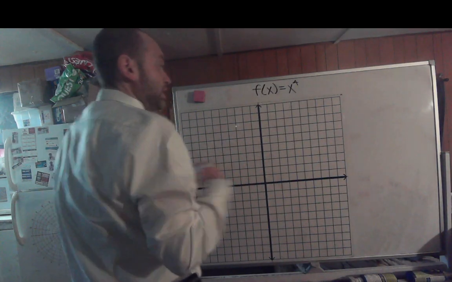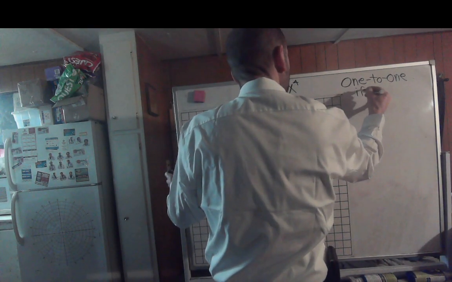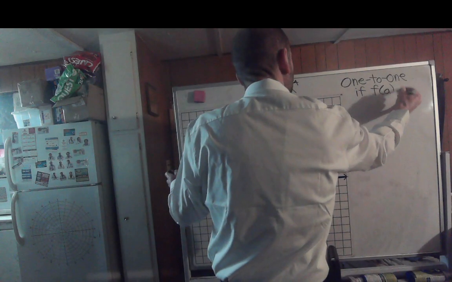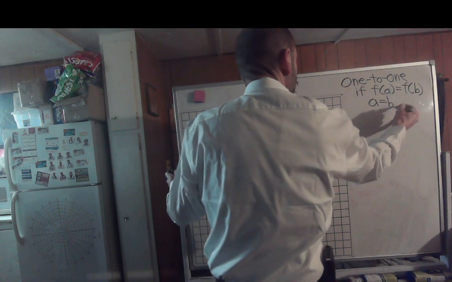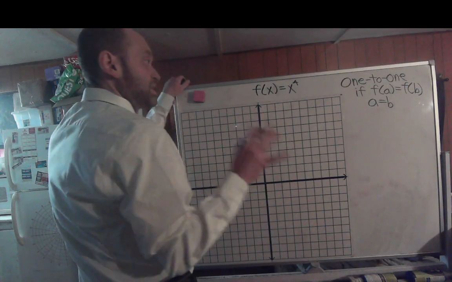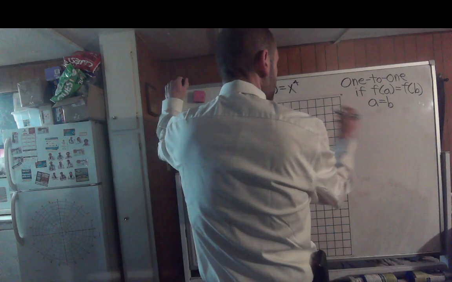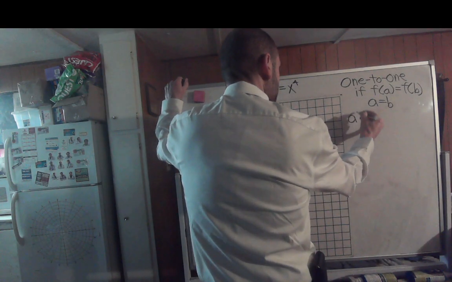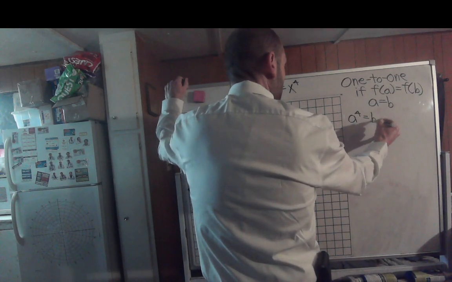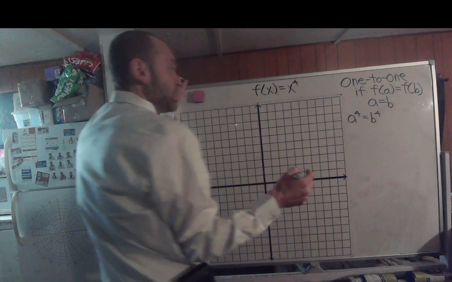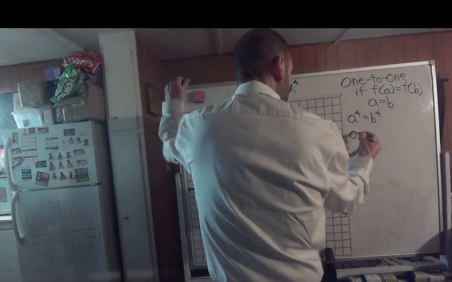Now algebraically, a function is one-to-one if f of a equals f of b, which would mean that a equals b and only b. So what does that look like? So take in a for your x, put in a to the fourth, set that equal to b to the fourth. Well, you take the fourth root of both sides, you would get a